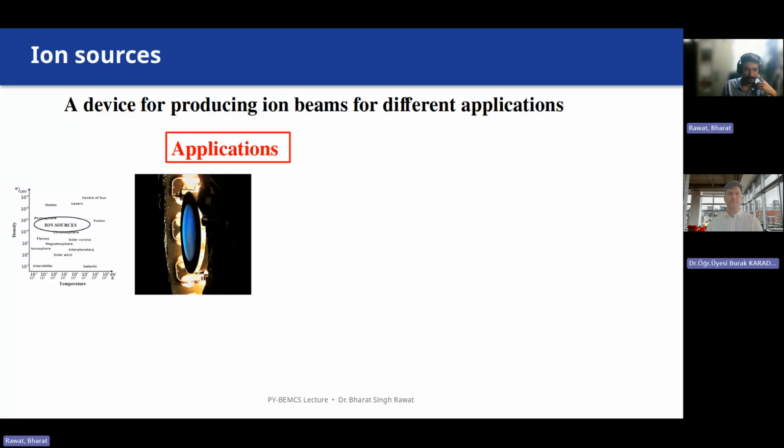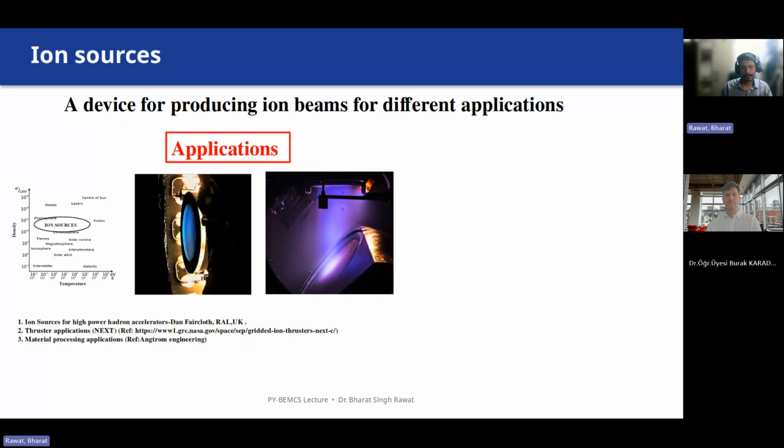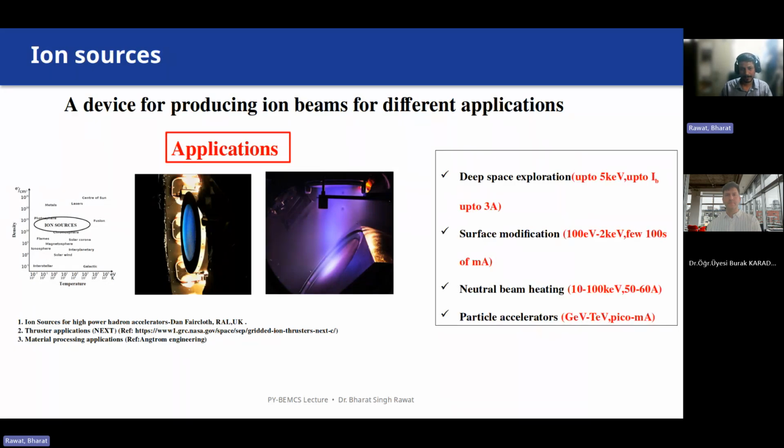Then you have electric propulsion application, in which you have the ion beam coming out of a large volume ion source, which propels the spacecraft into space and produces thrust. It is mainly used because it is more efficient compared to chemical propulsion. The other application is, of course, in semiconductor related studies, in which you etch the surface of different substances like silicon wafers to produce very fine nanostructured patterns for designing transistors and all the other electronic components. Each of these ion sources has different characteristics, very different from each other, which define them.